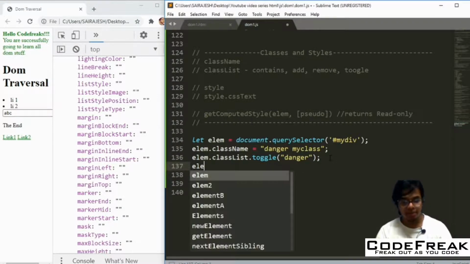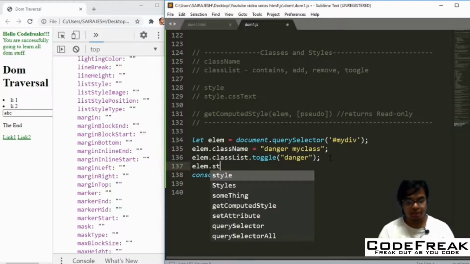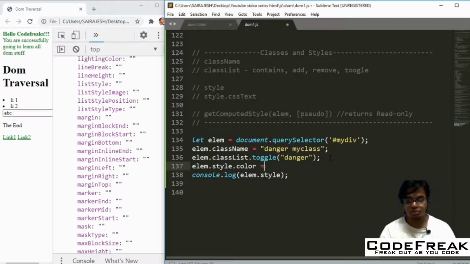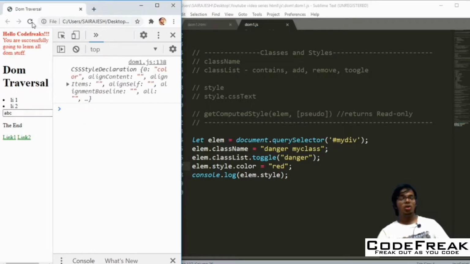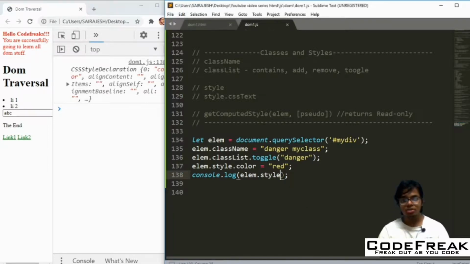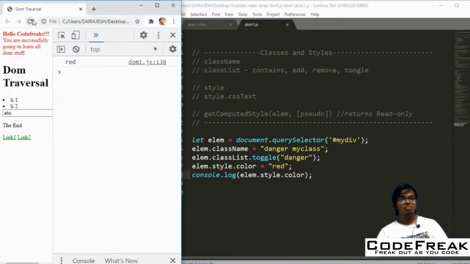All right. So now let us do one more thing, which is nice. I'll do element.style.color. So I'm going to change the color, maybe to red. Okay, so the color will change to red now. Only for the element, sorry, I've done it for the element, right? So the color has changed to red. Perfect. So now let me just do console.log here. What do you expect? Will it be red? It is red.